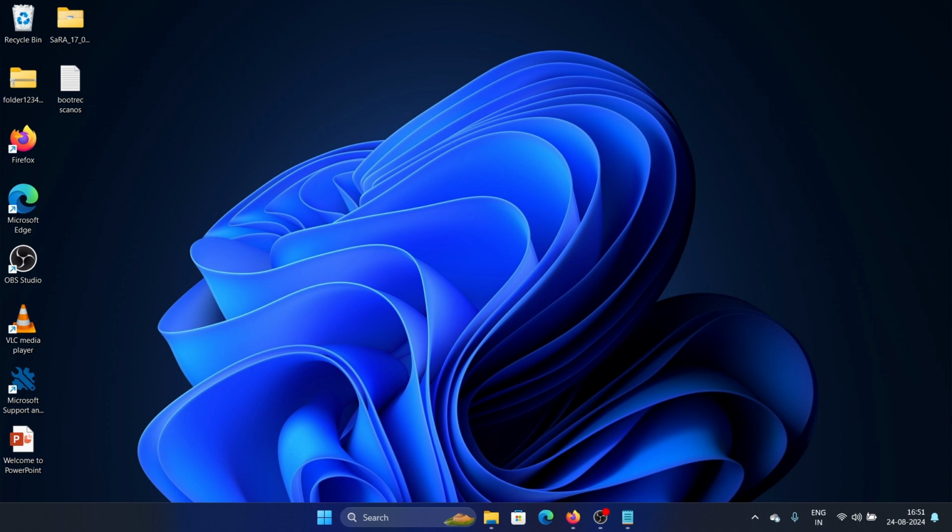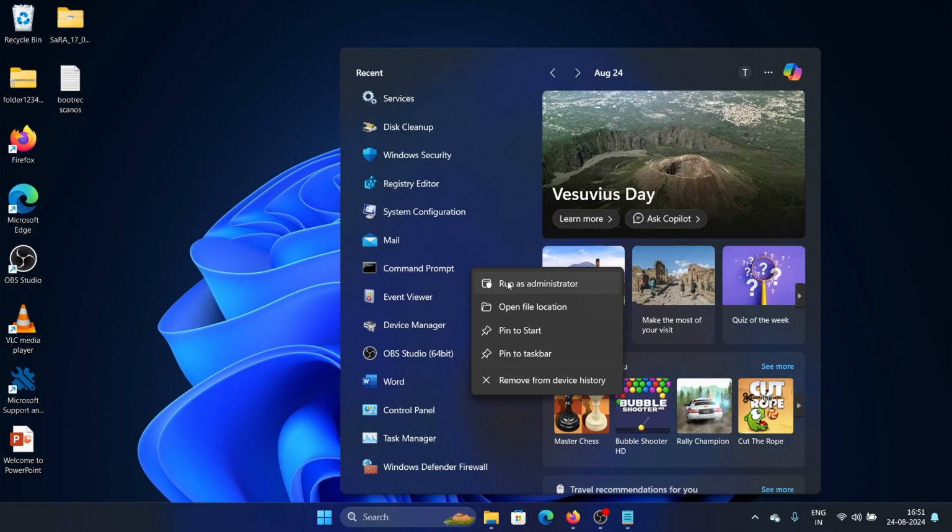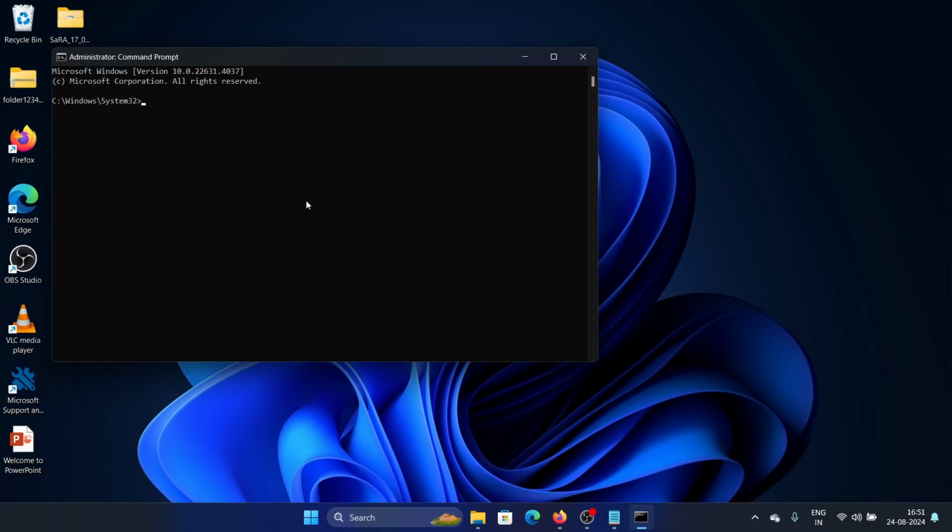Now once you have disconnected the devices and reconnected them and the error message still persists, the next option is to rebuild the BCD. How we can do that is we need to look for command prompt, right click, run as administrator, and input the command